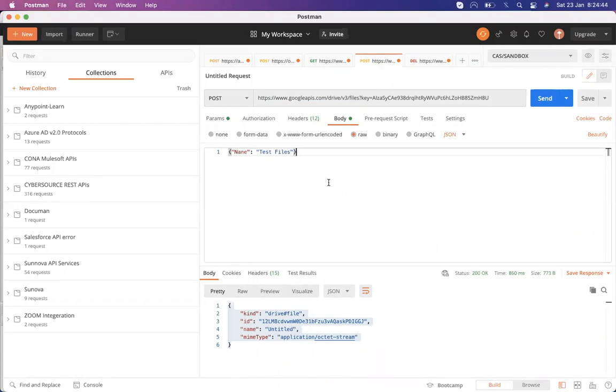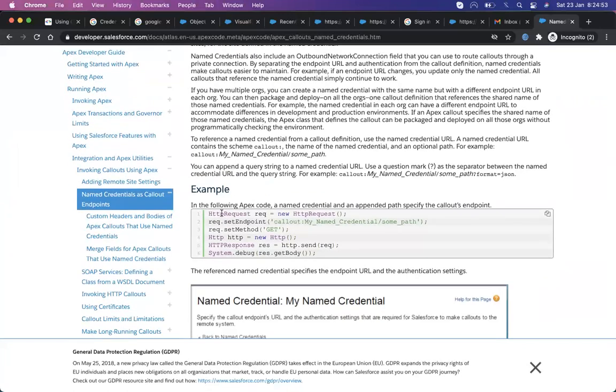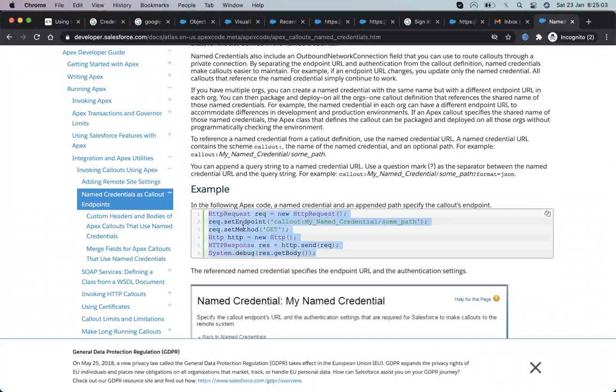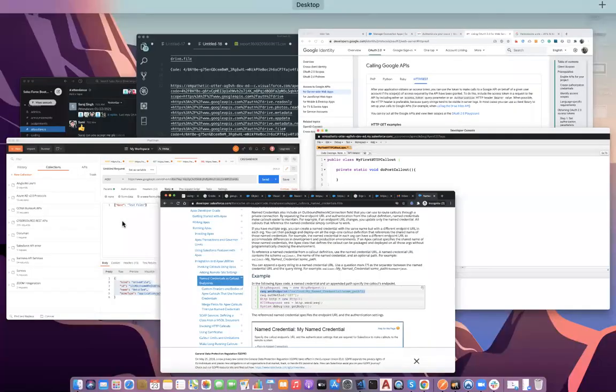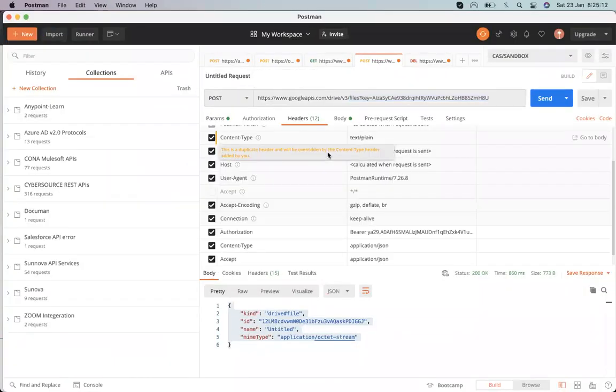So whenever we have to do such things via Salesforce, we have to make a callout, and for doing a callout, we need to use the HTTP request class. HTTP request class means we are requesting to some server and doing a callout. So we take the help of the HTTP request class. In this, we set the endpoint. Endpoint is called the URL. Then we have a method, then a header, and then a body.